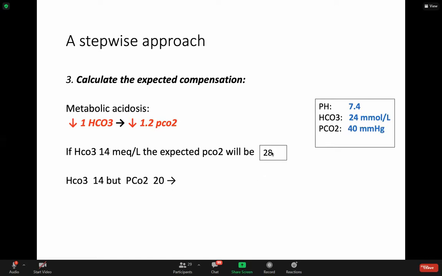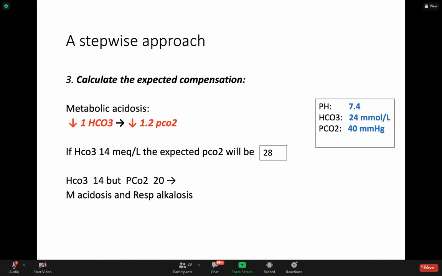يعني 8 points below the target. معناته I have additional respiratory alkalosis. Okay, I have metabolic acidosis and respiratory alkalosis. So I'm dealing with mixed acid-base disorders. Okay, واضح الكلام؟ واضح الكلام يا شباب؟